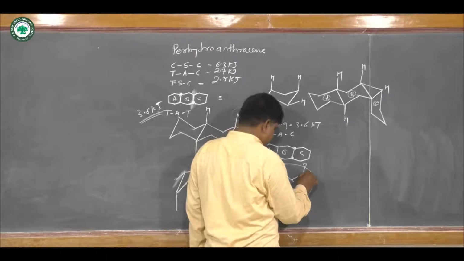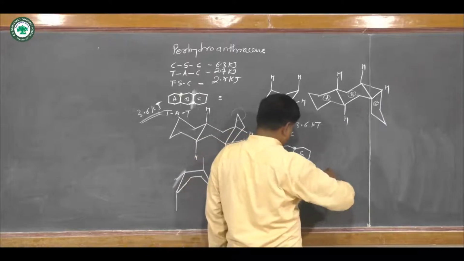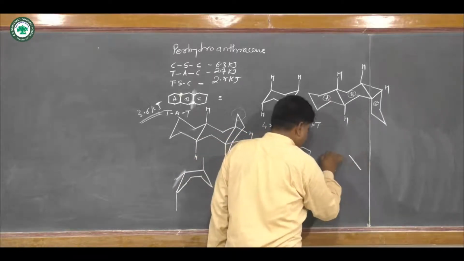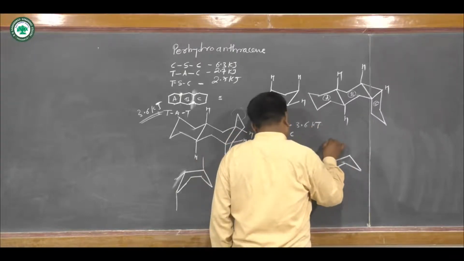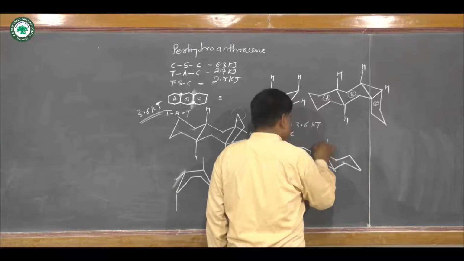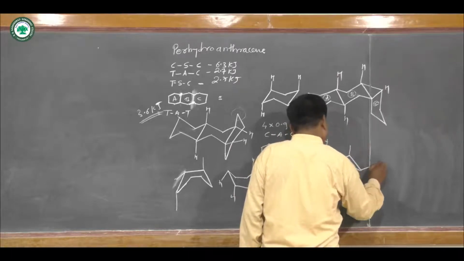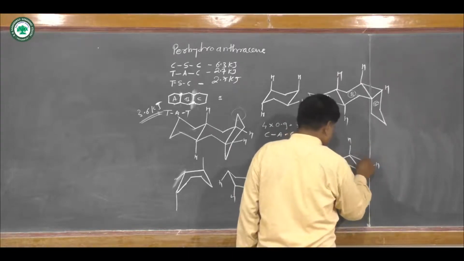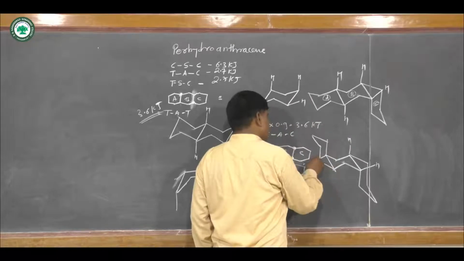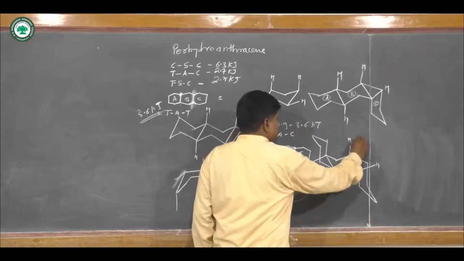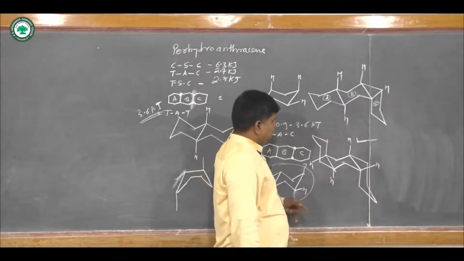In this case, suppose we write like this. At that time these are the remaining protons which can form a chair very easily, and in this case also we have a chair. So this is your correct chair conformation regarding this, and these are the protons. So this is your correct structure. Now when we see A and B,